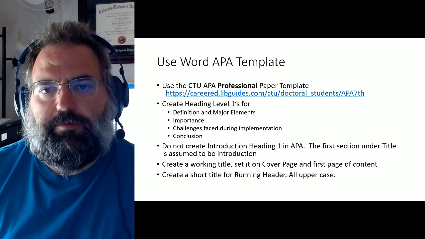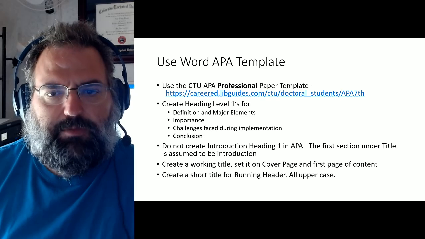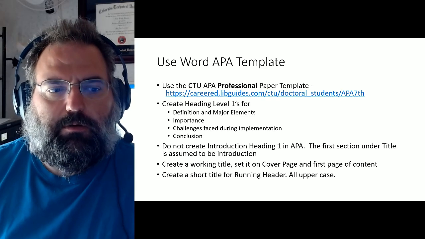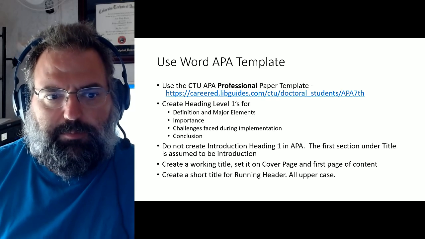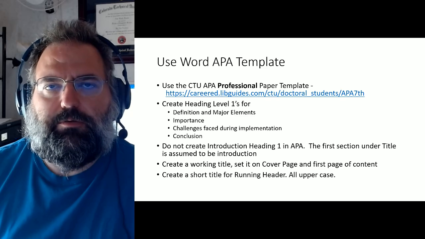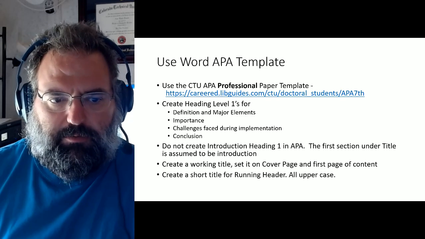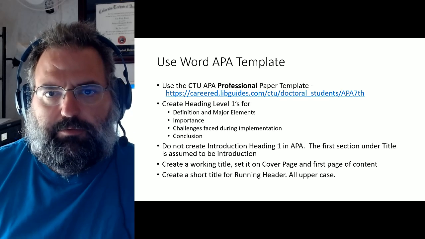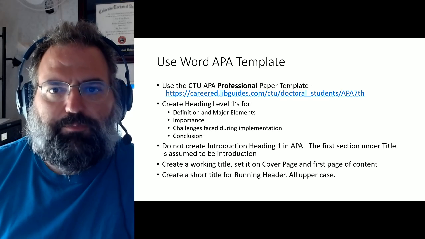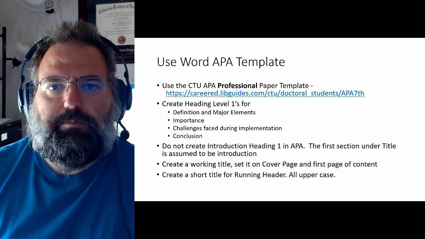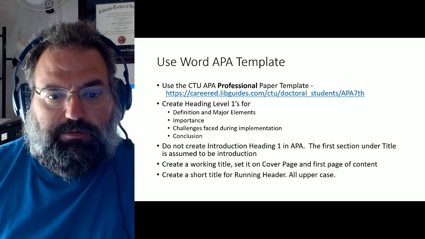you'll want to use the professional version of a template if you're a graduate student. There are exceptions in some universities, but generally speaking, if you're an undergraduate, that's the person who should be using the student APA 7th template or style. If you're a graduate student, typically you want to be using the professional. Obviously check with your instructor to make sure that it's the right sort of thing, but that's what it is